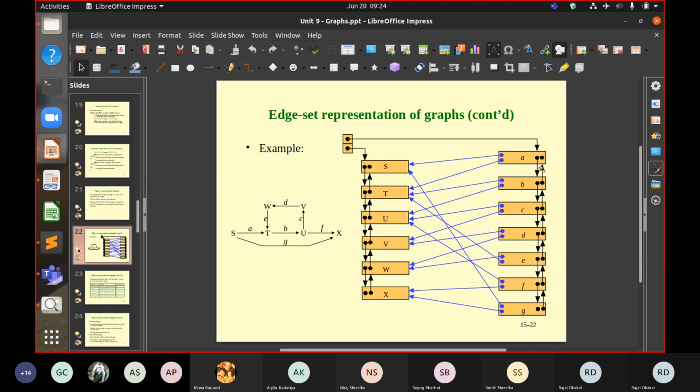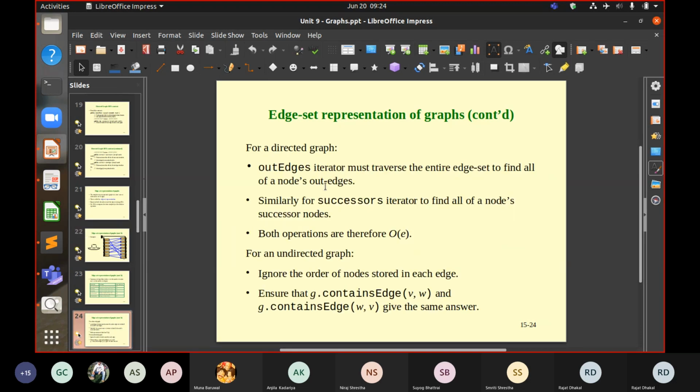These in the upper box are the out edges. Similarly, for successor iterators, to find all of a node's successor nodes, a successor iterator is also needed. So both operations here are therefore of this order.